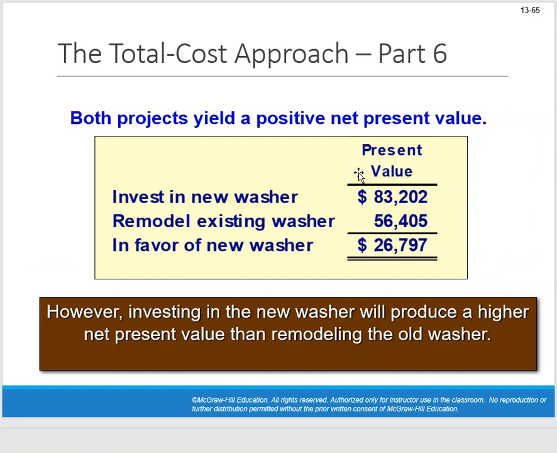So they both yield a positive NPV, but if we just compare them head to head this way, it looks like investing in the new washer is more favorable than remodeling the existing washer. But I do think we need to add in that they require different amounts of initial investments. We'll look at that toward the end of the lecture in terms of considering these projects with different amounts of investments. So yeah, the NPV is greater when we invest in the new washer versus remodel the old washer, but